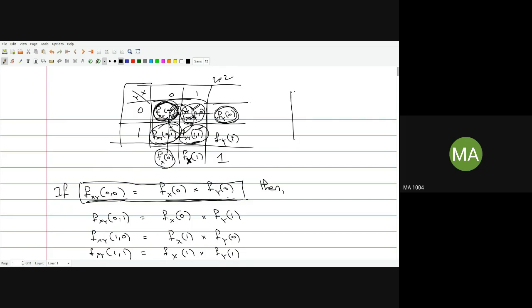Okay. This is for 2x2. What if for a 3x3? For a 3x3, what you have to do is check 4 values. That is enough, so other 5 will follow. It's the same method. Order doesn't matter. So you have to check for 4, so that any 4, if independent, then the rest will be independent. You have to pick independent ones, not like all 3 here and the other one here. It shouldn't be like that.